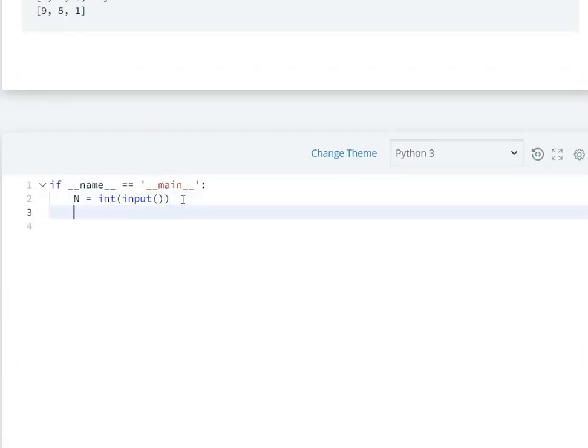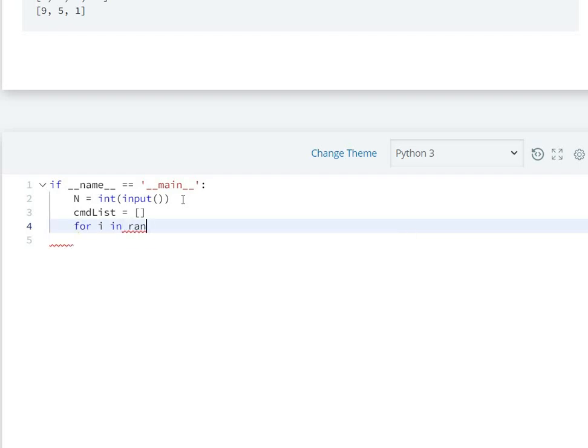Here is n. Firstly we have to create a list. So let's name it cmd list, that is command list. Then we have to declare a for loop for that. Here we are taking it as 0 to n because n is the number of inputs, or commands, we are going to get. So for i in range n, let's name it cmd is equal to input